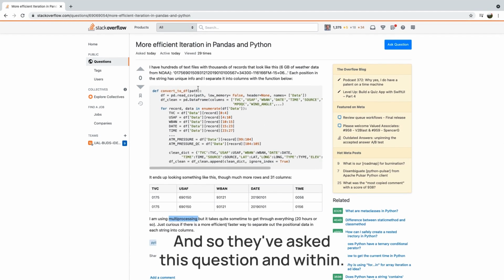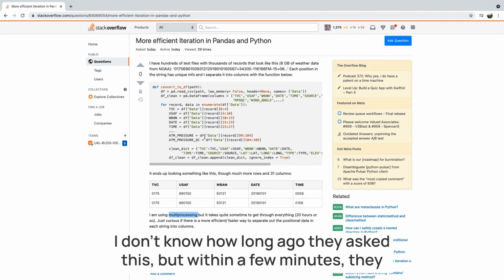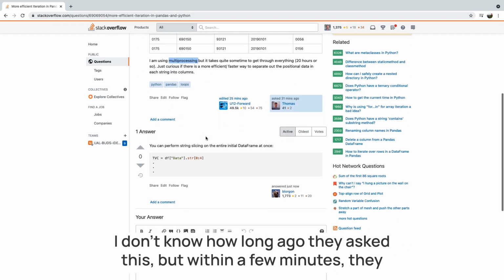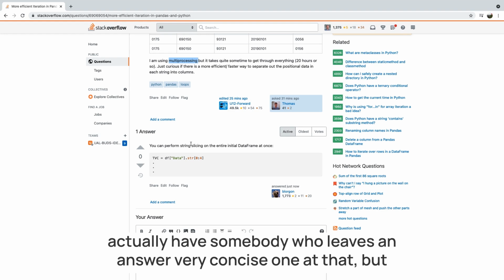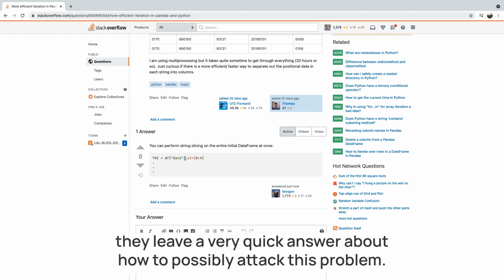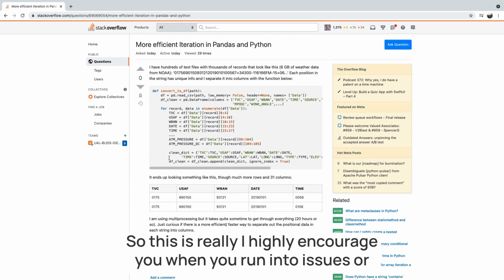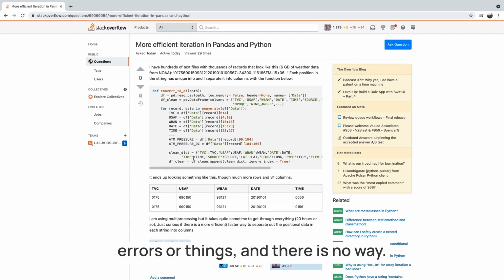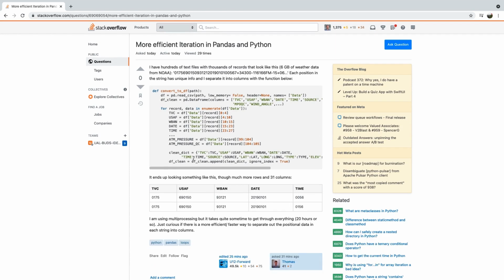And so they've asked this question, and I don't know how long ago they asked this, but within a few minutes, they actually have somebody who leaves an answer, a very concise one at that, a very quick answer about how to possibly attack this problem. So I highly encourage you, when you run into issues or errors and there is no way to fix them,